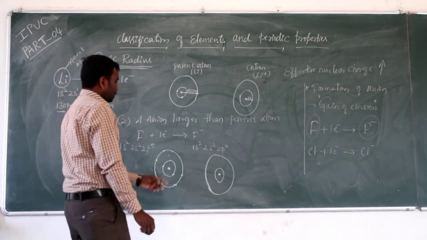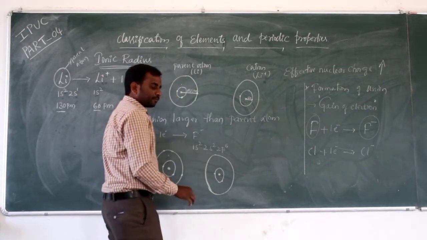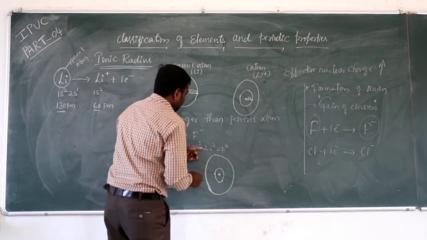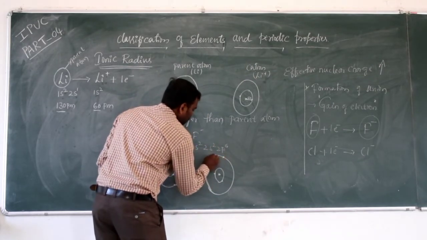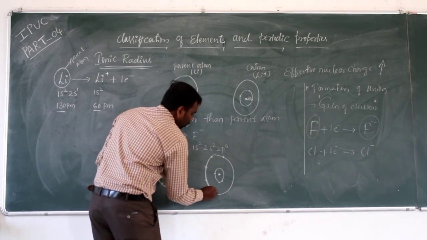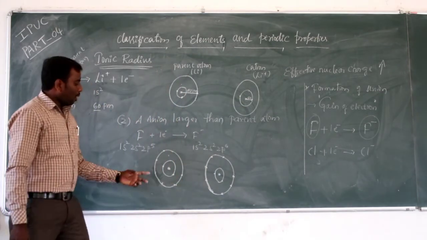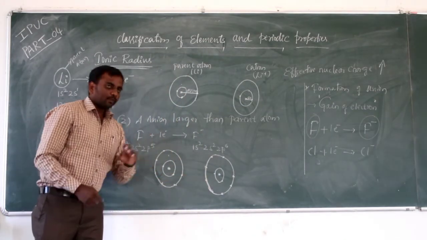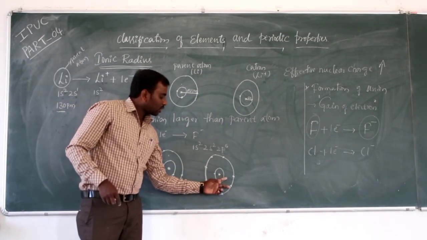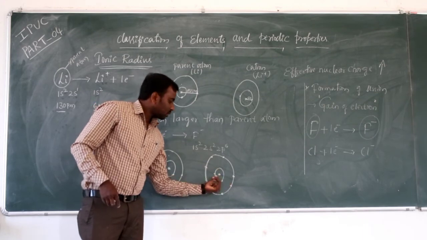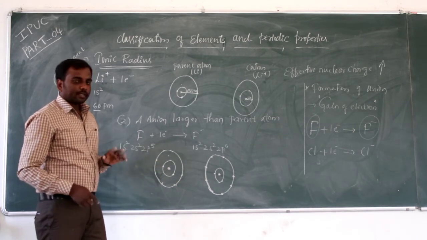Right? And then here K shell contains only 2 electrons. And L shell contains 6 plus 2, a total of 8 electrons. 1, 2, 3, 4, 5, 6, 7, 8. See, compared to these two, here the effective nuclear charge